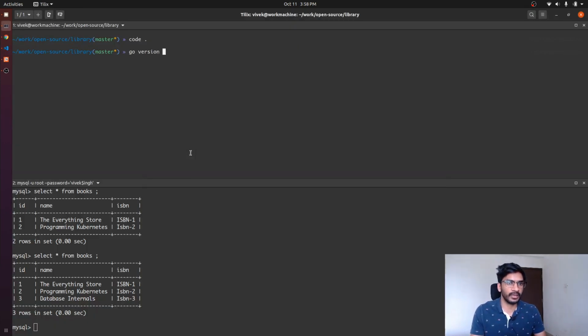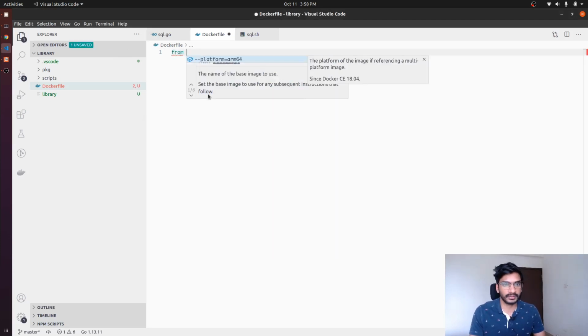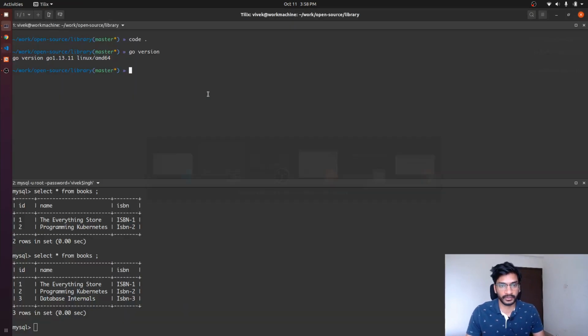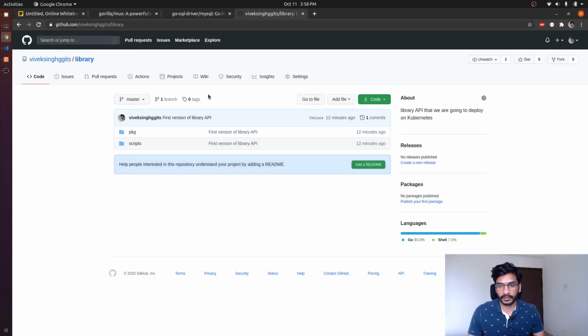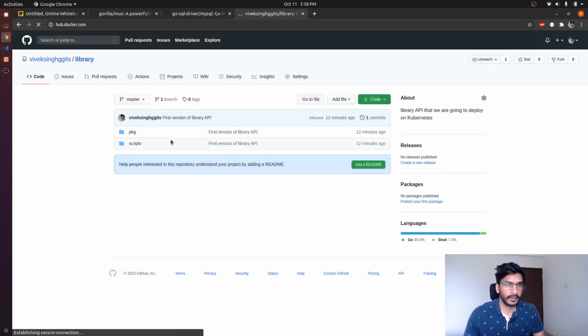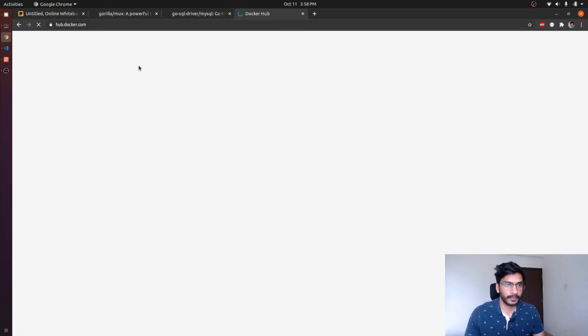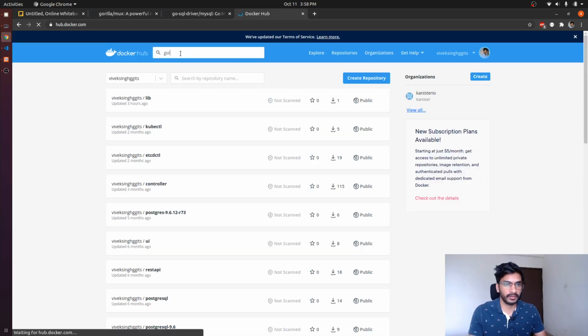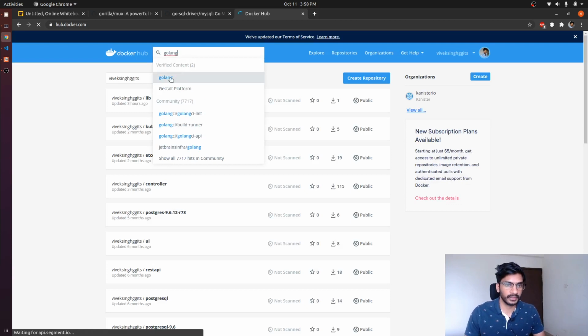Go that we have on our machine, right? So 1.13. So let's just write FROM, and the base image is going to be Go, and the version 1.13. So let's just search for that.